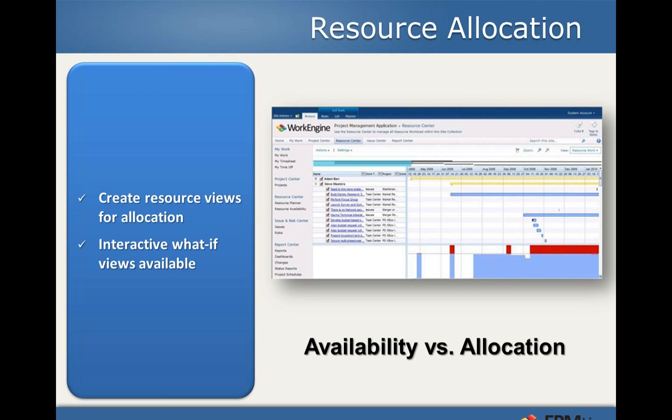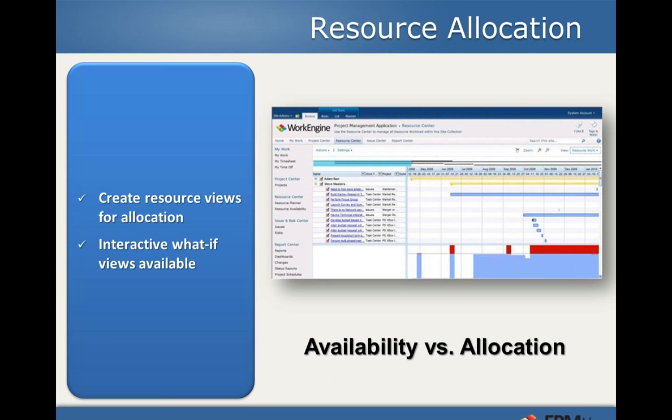That's a very helpful piece of information. For example, whether I'm a project manager or a functional manager looking to assign a resource to yet another piece of work, wouldn't it be nice to see what the current commitment is before I layer on yet another piece of work